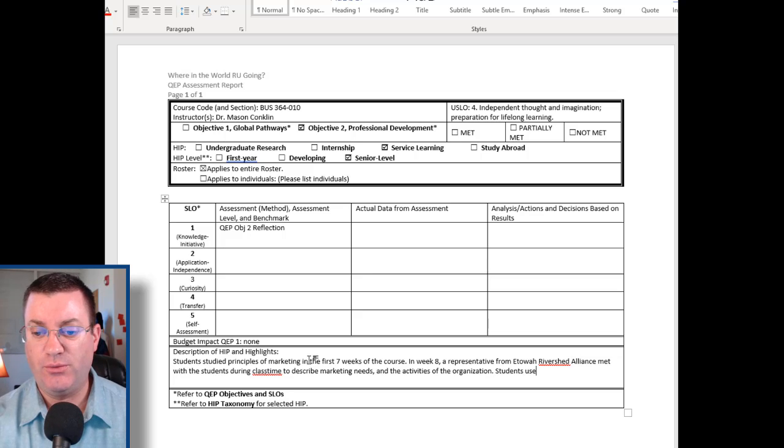Students used this information to come up with a marketing plan, including informational brochures about the organization's activities,